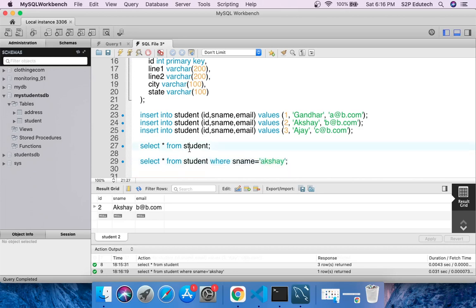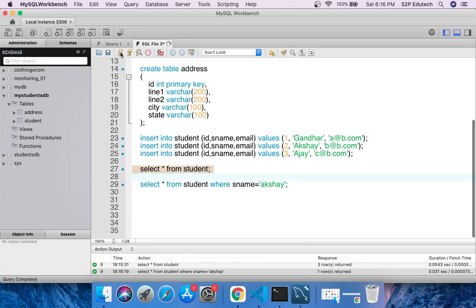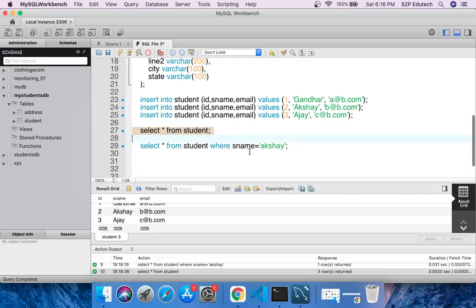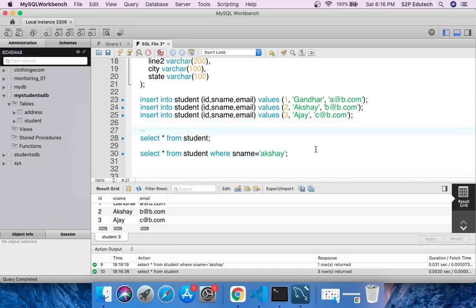Now again I'll do a select star from student so that we always have the data right in front of us. Okay, next, I'll also write here get all students, right. So this particular query, select star from student, is a query to get the data of all the students from this student table.